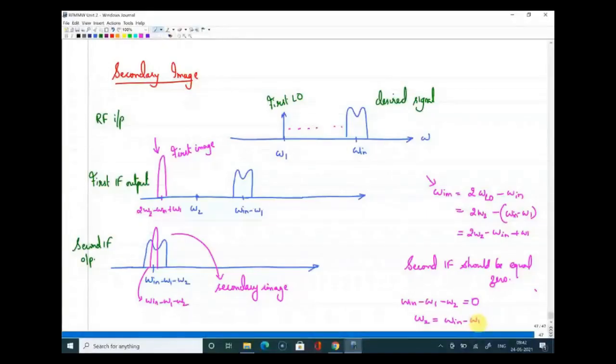So what is the meaning of this? If the second IF is equal to 0, we can say that when you say second IF is equal to 0, your omega in minus omega 1 minus omega 2 will be equal to 0, or the meaning is your second LO frequency should be exactly at omega in minus omega 1. If your second